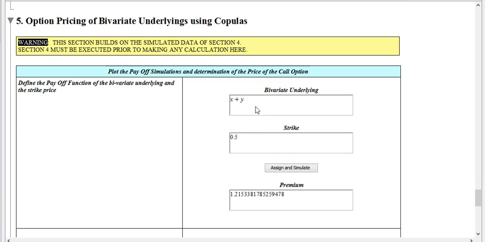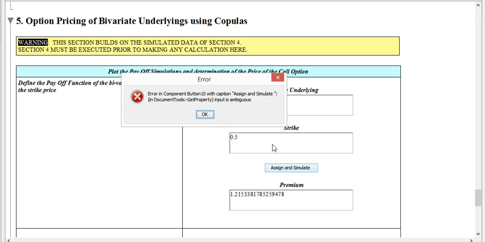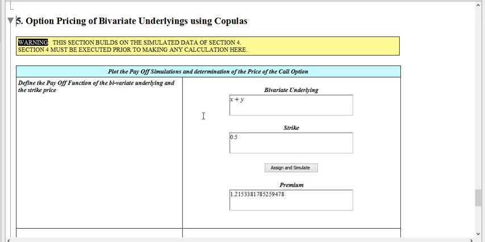So here we can have or define portfolios that are combinations of random variables, and we can define a strike and calculate and simulate our strikes and the premium of